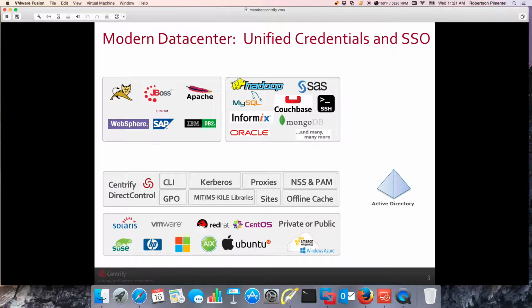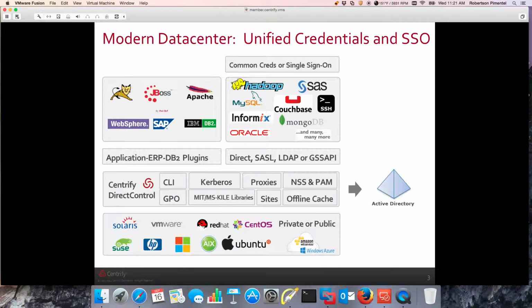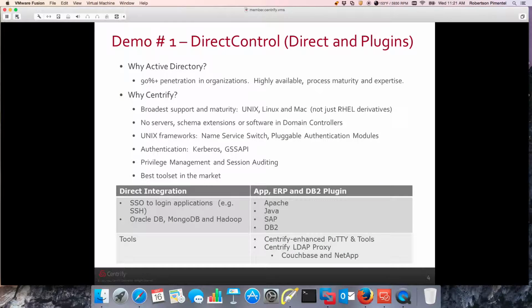So basically, in general, there's no Centrify server. What that allows you to do is do direct integration via either PAM, NSS, login applications, either via SASL or LDAP or GSSAPI. And that's going to give you common credentials and single sign-on. In the case of web, Java, ERP, and DB2, Centrify provides application plugins that will give you integrated Windows authentication. Now I'm going to show you in the next video how this thing works, but first I need to explain